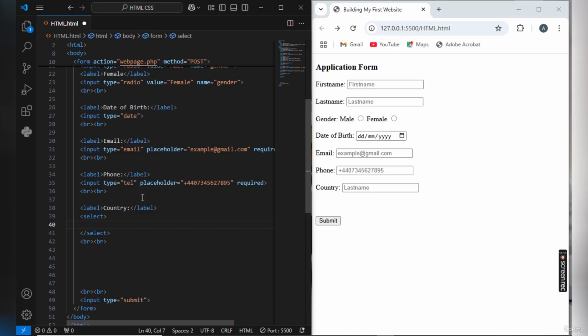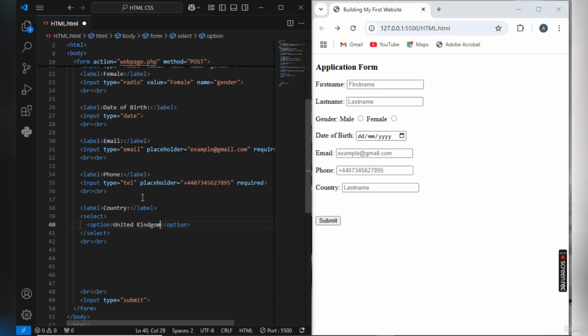So come down, and what's in the select? There's another tag called the option tag. It's very, very simple. Don't stress yourself. Option tag, just like it is an option. We call something a drop down menu. So which one are you going to choose out of it? After saying the label, country, what are the selection of countries? In the select tag, we have options for them to select. It's very, very simple. Let's say United